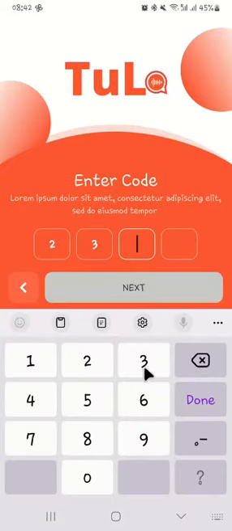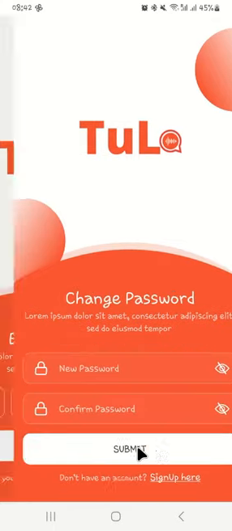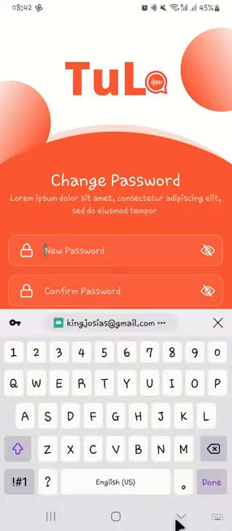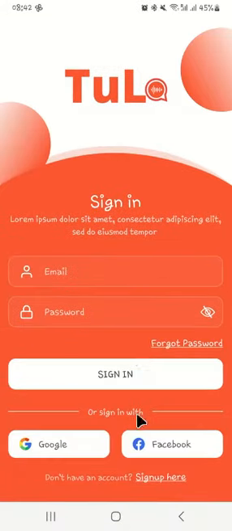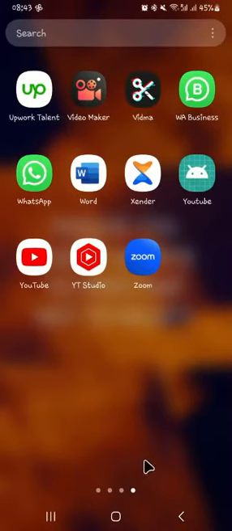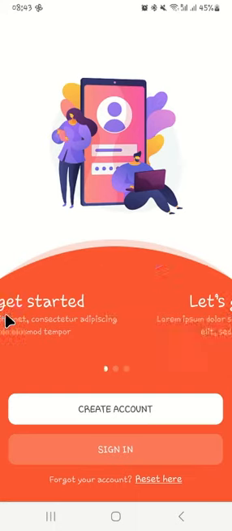Here is the code screen, and here you can change your password. That's all. We have also the welcome screen. Let me go back quickly, and you have a scroll view, a horizontal scroll view with indicators to show some